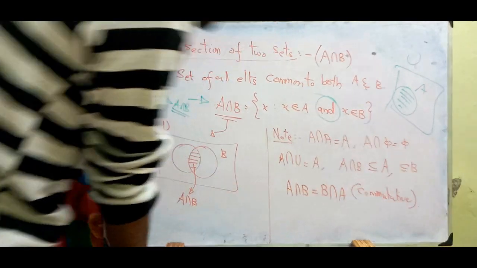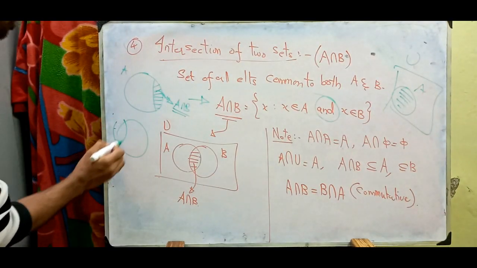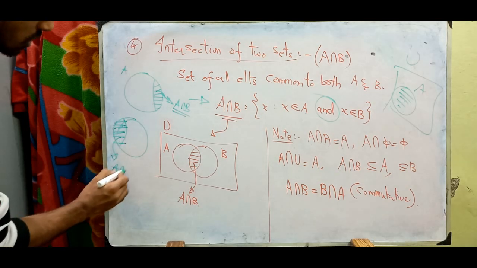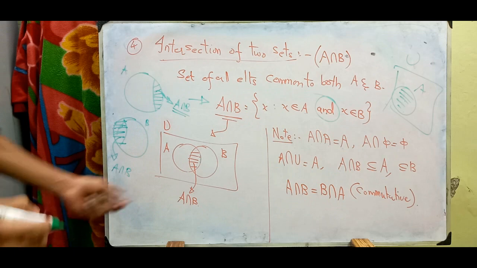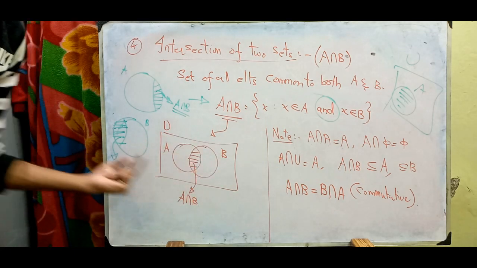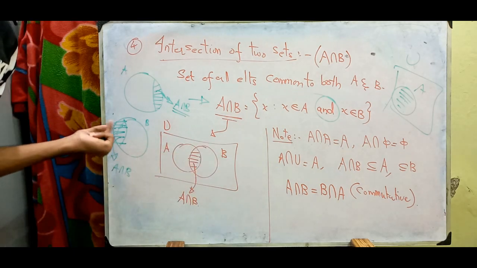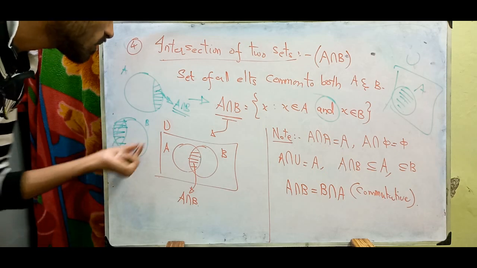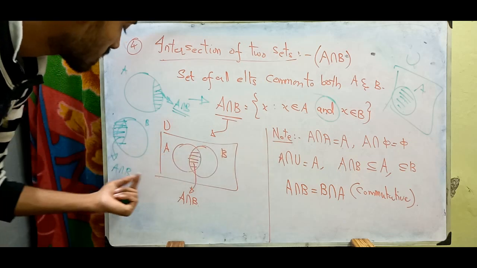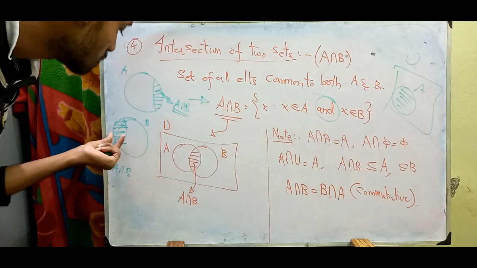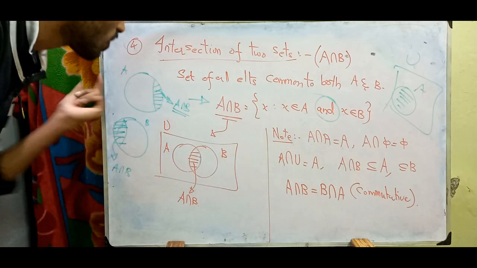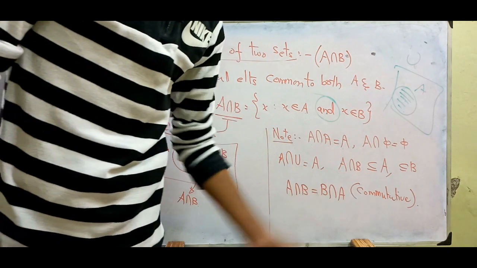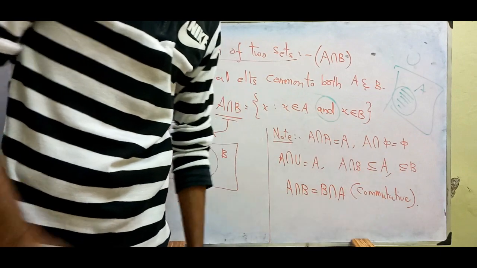Also it is a subset of B too, because see, here this part alone is A intersection B, and this is a set B. As you can see, only this part alone I have taken outside, and the shaded region is A intersection B. The whole circle is B. Got it? But still A intersection B is this part, and it is a part of the whole set B. So that's why A intersection B is a subset of B.